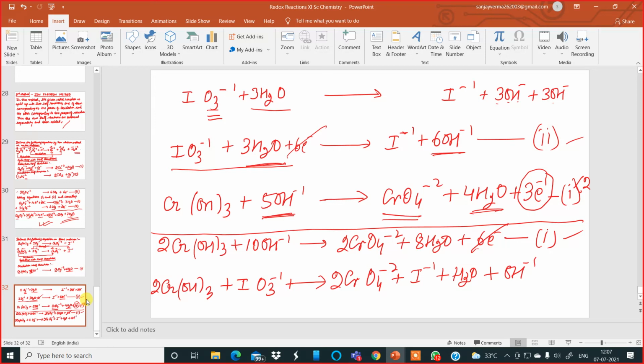Okay, so this is how you balance redox reactions in basic medium. Okay, so please go through the working carefully and then you will get how to solve it also. Okay, is that clear to all of you boys? Is that clear? Okay, now please go through the working, see where I have gone correct, where I have done it wrongly. If there is any problem, then you can always clarify.